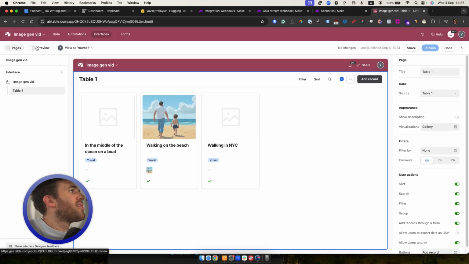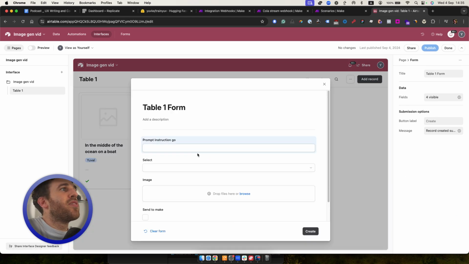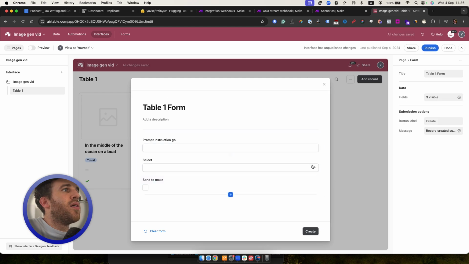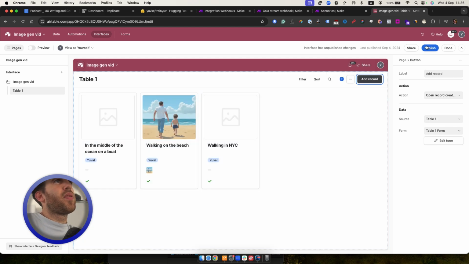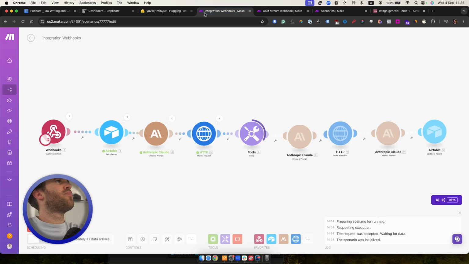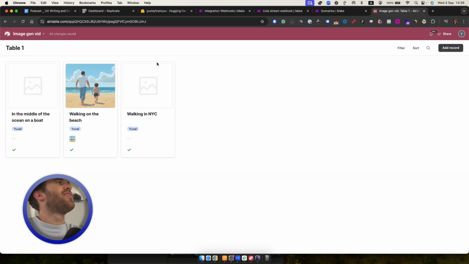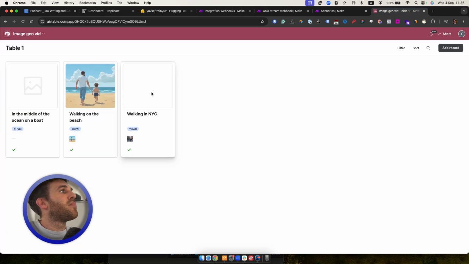Let's just edit it again, so we wouldn't have the option to add an image because the image will come later. And we can also say that it automatically would create send to Make. So okay, and let's press publish. In the meantime, I'm supposed to see here the image of me walking in NYC. Let's wait. Okay, so it's here, and if I go back here, voila, I have here an image of me